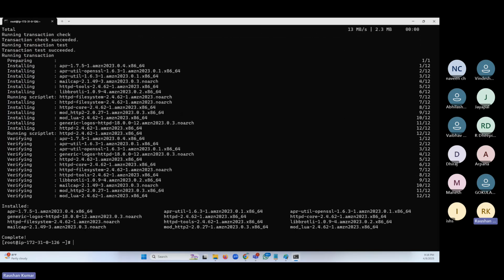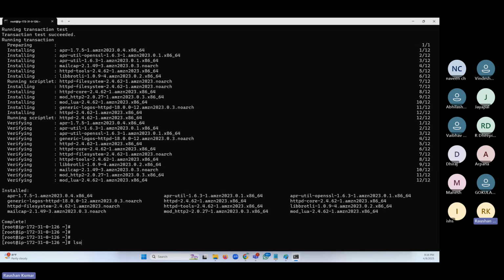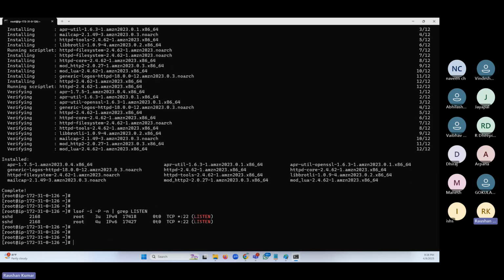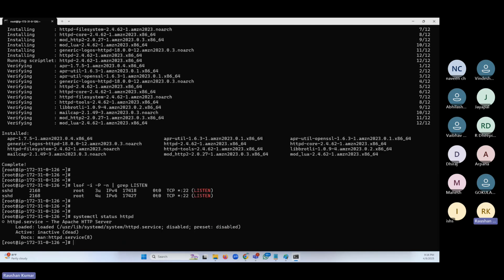If you do ps -ef | grep httpd, I can check whether my web server is running. It's not running, so I can check systemctl status httpd. It's not running. I'll start my web server.